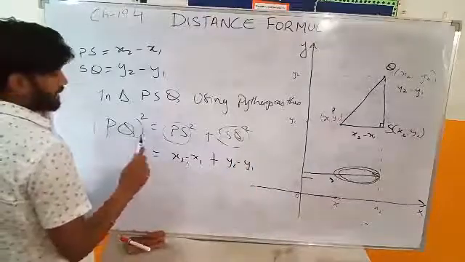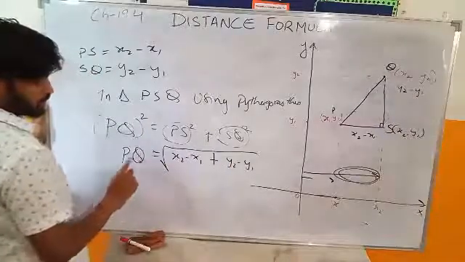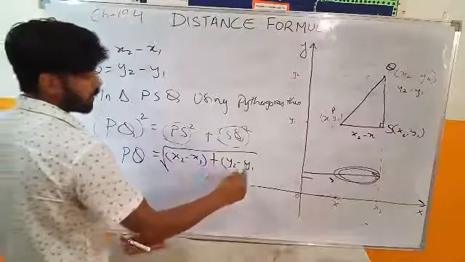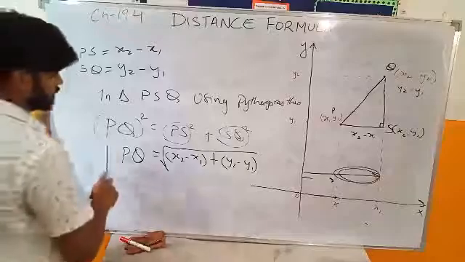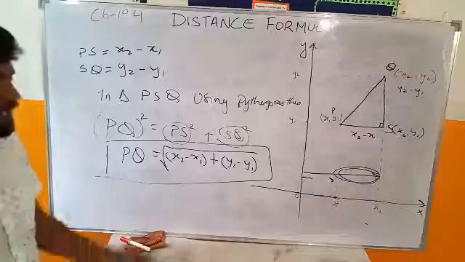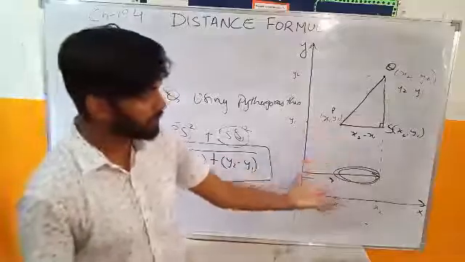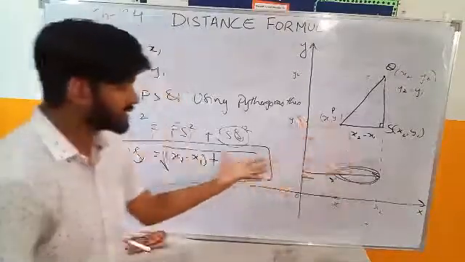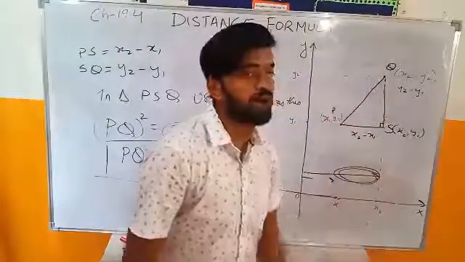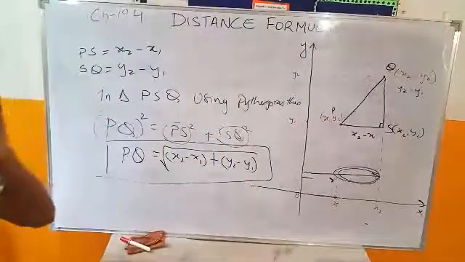ठीक है, अब आप एक चीज देखो, यहाँ पे square है, square उधर जाके क्या बन जाएगा, square root. तो PQ की value, PQ जो length है, length कैसे ढूंढेंगे, x2 minus x1 plus y2 minus y1. यह is our distance formula, this is the formula that we had to find. Now again, class 9th, I could have directly given you the formula as well, but I didn't give you the formula, and I did explain to you how the formula came up through coordinate geometry. And this is how, when only 2 points are given, how to find the distance between 2 points, distance जब 2 points के coordinates given है.